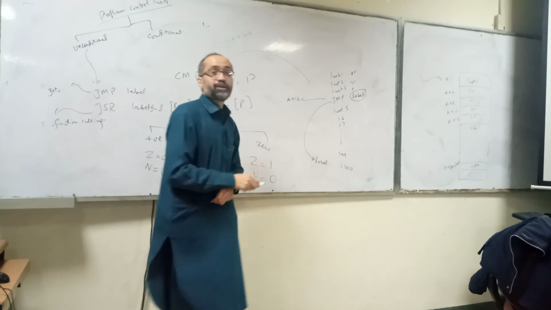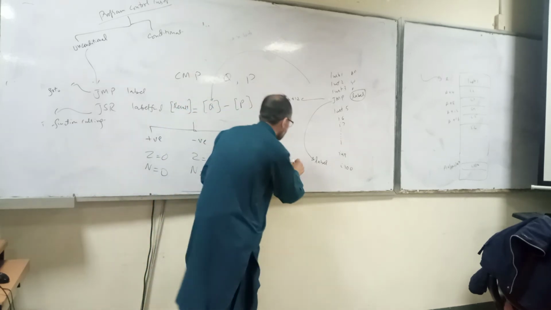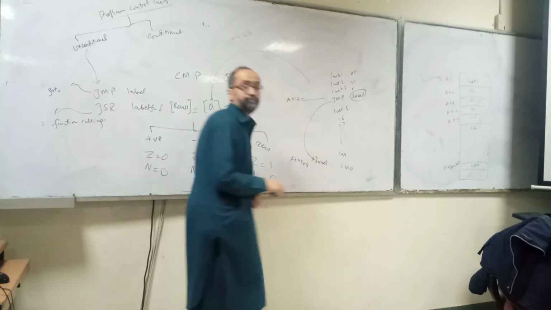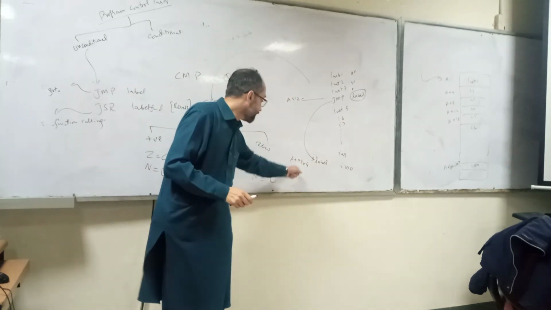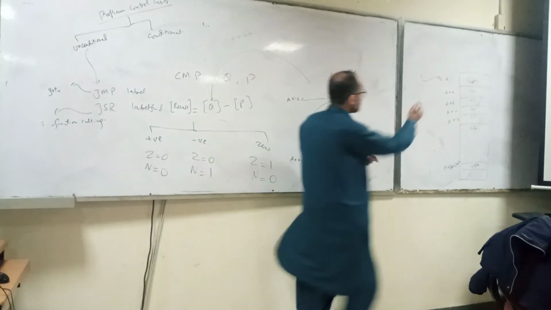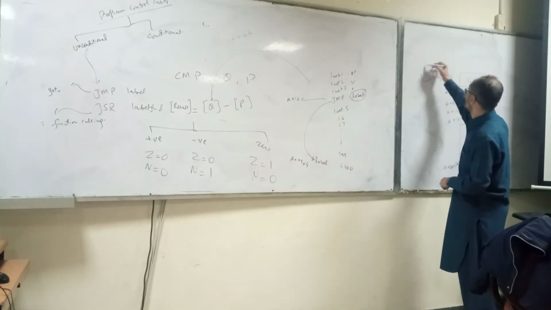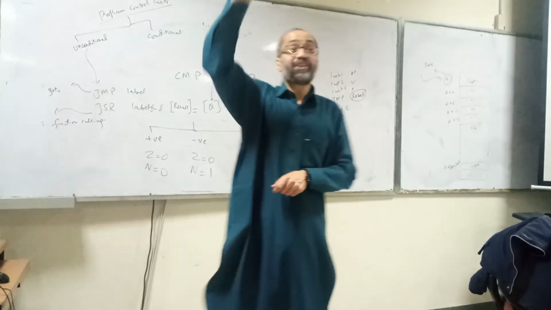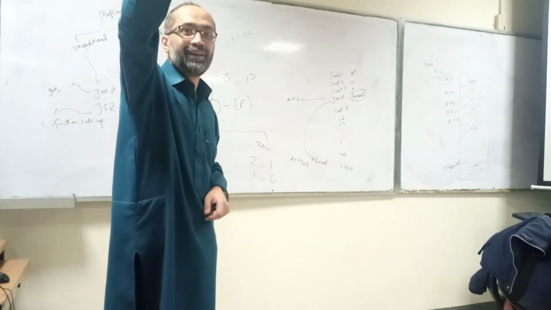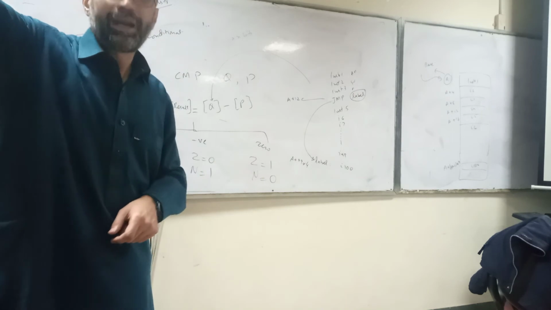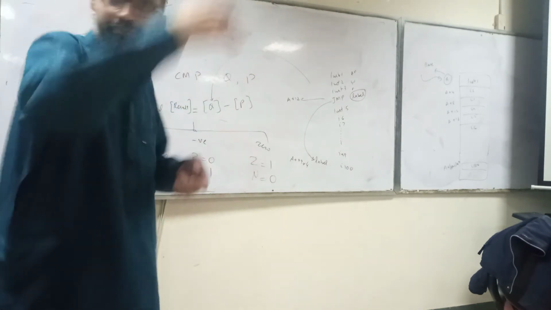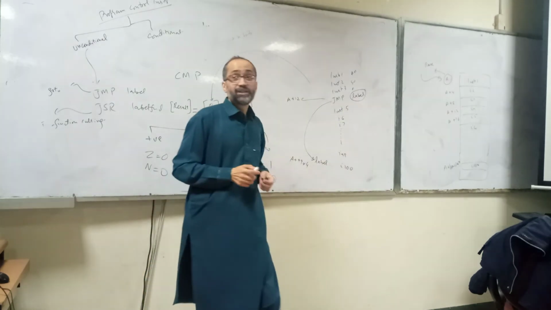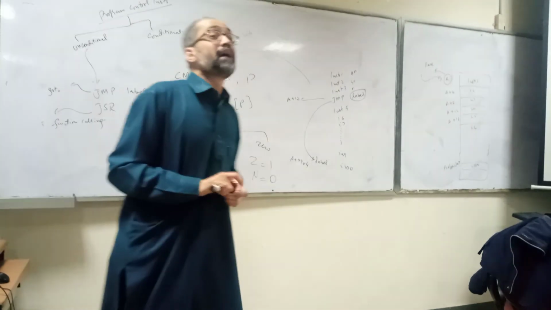What is the address of this instruction? A plus (100 minus 1) multiplied by 4, that is A plus 99 multiplied by 4. This is in decimal. And what is A? A is the base address. Actually, it is the address of the first instruction. Let's assume you call some main, and this main will be translated to some assembly code. Now this jump label, is it a conditional jump or an unconditional jump? It is an unconditional jump.